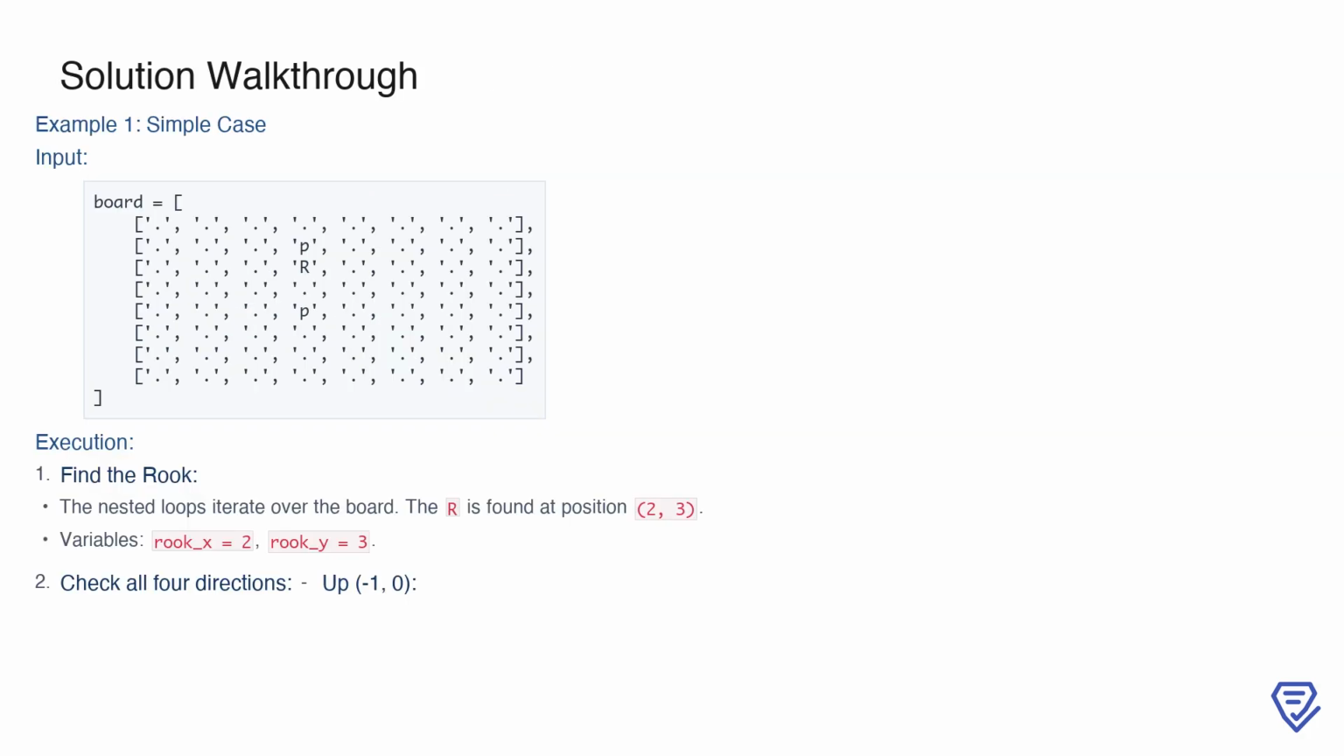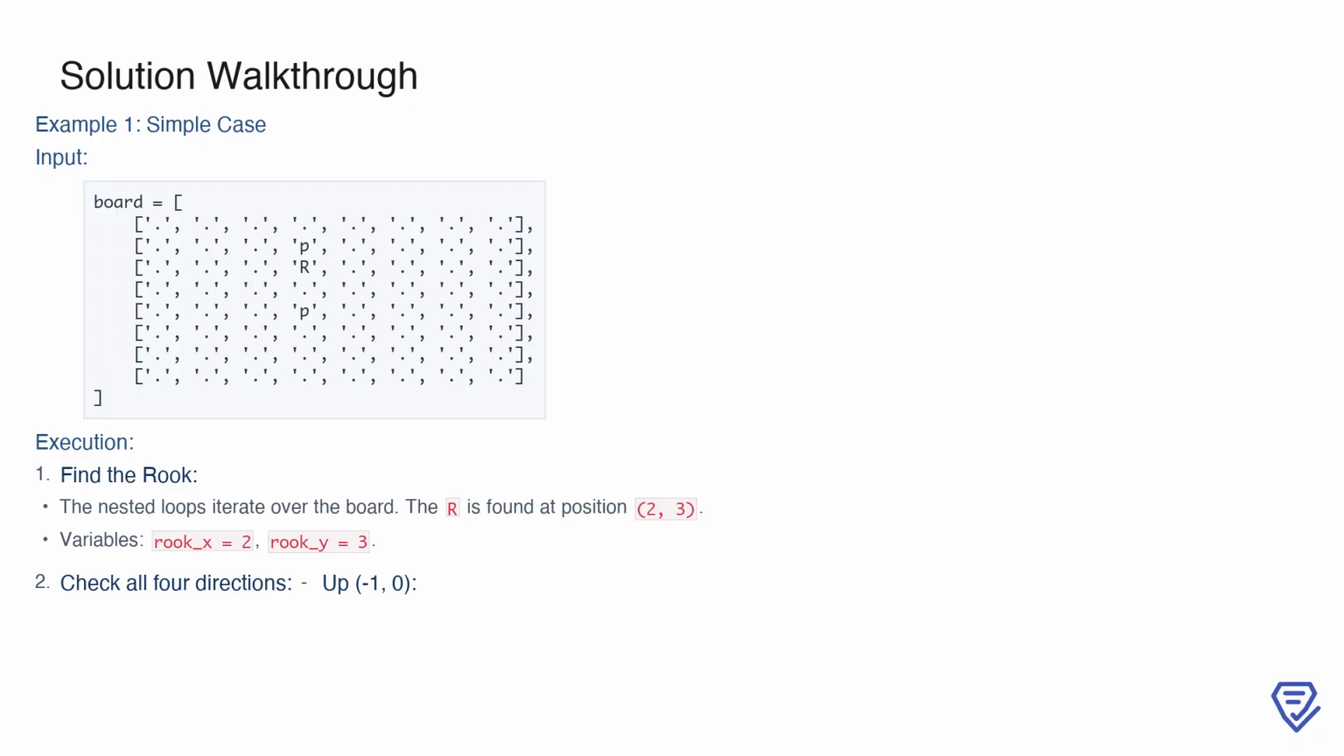Here, we have a chessboard where the rook, denoted by R, is positioned at 2, 3. The task is to determine how many pawns, represented as P, the rook can capture. First, we locate the rook on the board by iterating over all the cells using nested loops. Once the rook is found at 2, 3, we proceed to check all 4 possible movement directions: up, down, left,